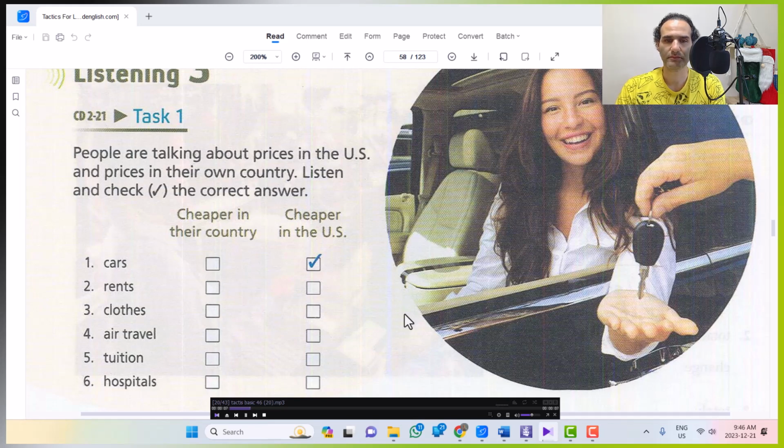1. I could never buy a car at home because... Just please check if it is cheaper or more expensive, a summary of that, and then we will listen to it sentence by sentence.